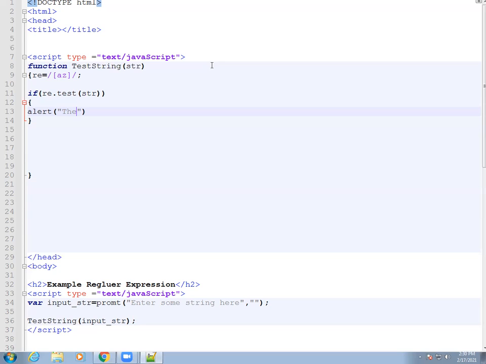Okay, so the function is going to work, and this section we write in our head section. And third part is, as I mentioned, my function test string, and in that function I apply some conditions, the if condition, and before the if condition I give some regular expression re is equal to a to z.